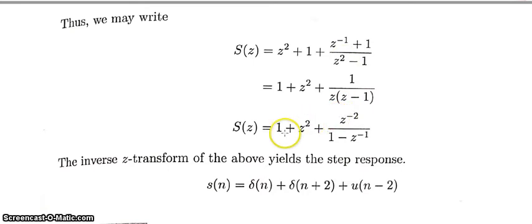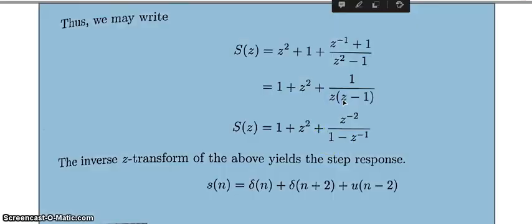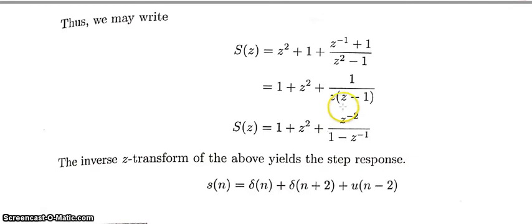Now when we take Z outside the numerator term, we have a Z square in the denominator, and the second term in the denominator is going to be 1 minus Z inverse. When we take that Z square to the numerator, we have Z raised to minus 2 in the numerator. Now this S of Z is in a standard form, so we can directly take the inverse.